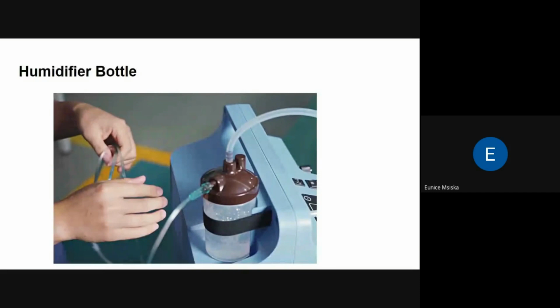So that's the humidifier bottle, as you can see in the graphics. When other devices such as oxygen squeezers, nebulizers, anesthesia machines are used, please check connections from the concentrator to the patient. Make sure the pipes are not kinked and the flow should be monitored. If we do all these things, I believe the oxygen concentrator can be safe for our patients, and also the concentrator can be safe so that it cannot be destroyed.